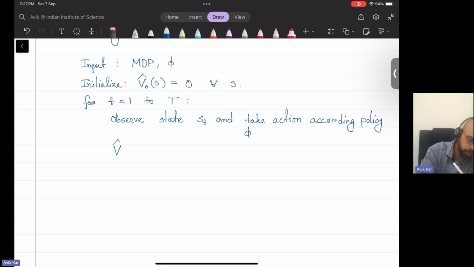And then you update V hat. So here I'm writing N_t(s_t), which is basically how many times you have visited state s_t till time t. So you update that